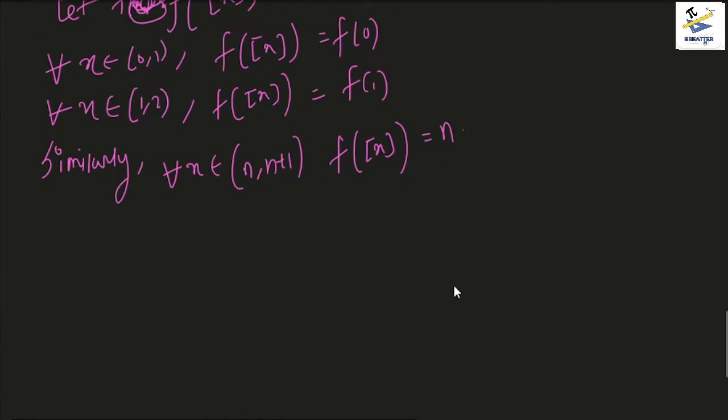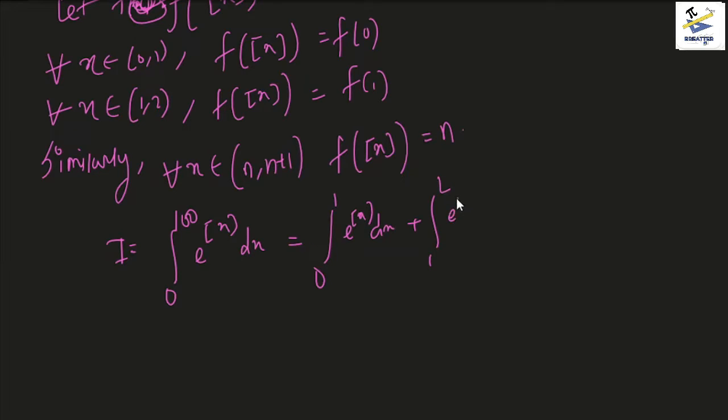So say using this fact we can write I equals the integral from 0 to 100 of e to the power box x dx. Now we can divide these intervals into a lot of terms like 0 to 1 e to the power box x dx plus 1 to 2 e to the power box x dx, and we need to do this inside consecutive intervals so that we understand how to solve the problem, because otherwise we cannot apply the property of the box function properly, because it happens in between two consecutive integers only, so that the answer becomes